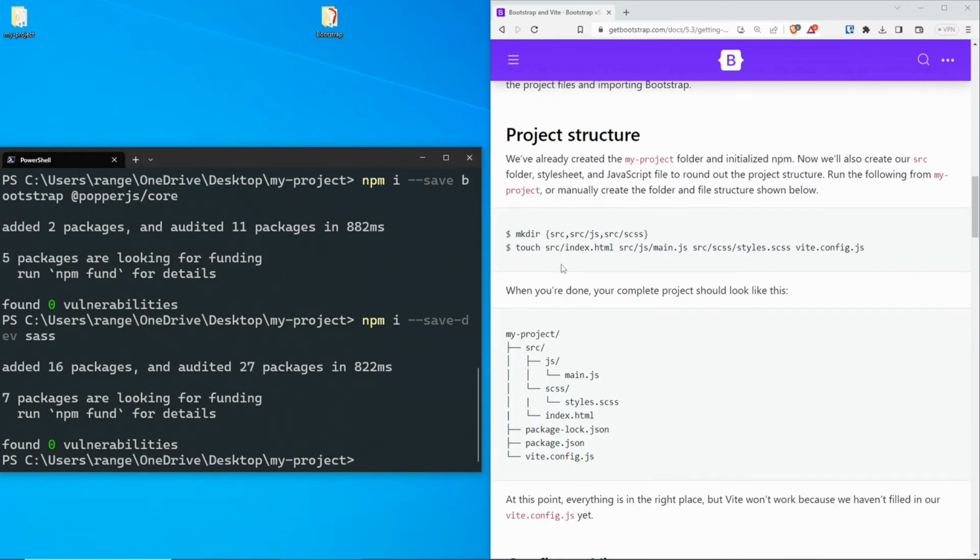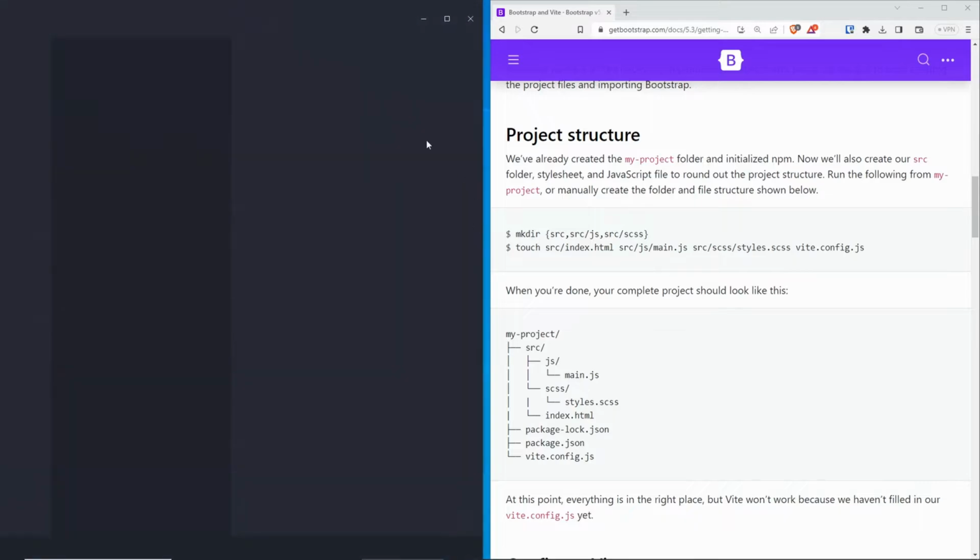From here, we need to create our project structure. Now, since I'm using PowerShell, I might not be able to do this unless there is a way, but it's a little bit more involved. So I think that it would be easier to just open my project folder in Visual Studio Code and create those manually. If you're using Linux or Mac, you might be able to do this, but let's do them manually anyway. So since I'm CD to this project folder, I can just do code dot, and this will open Visual